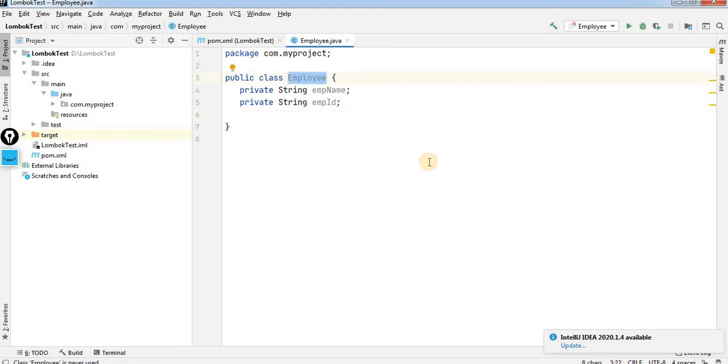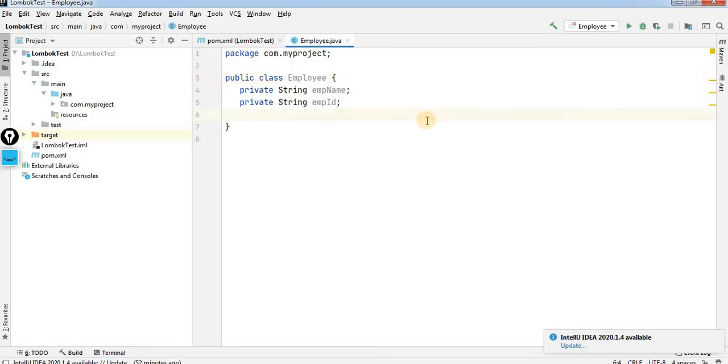When we set some information, this class is responsible for setting the information into the employee object, and if I want to get the information from the employee object, this class is responsible for giving it back.